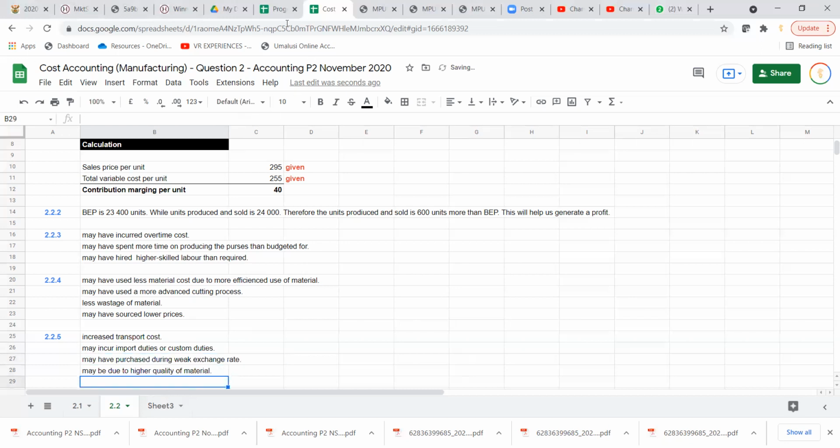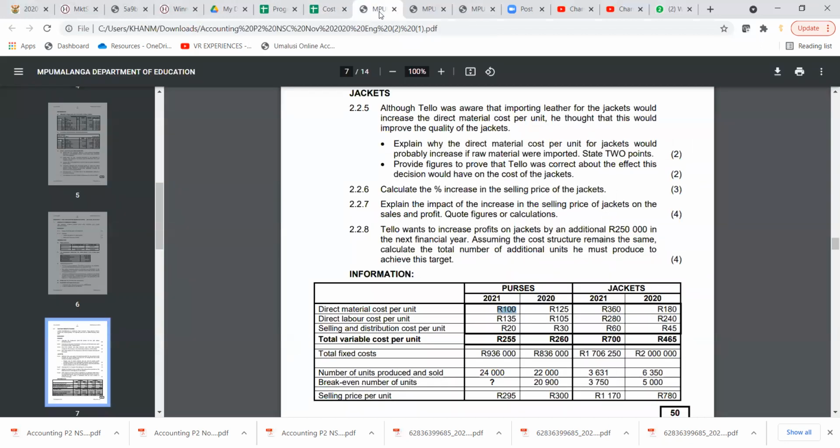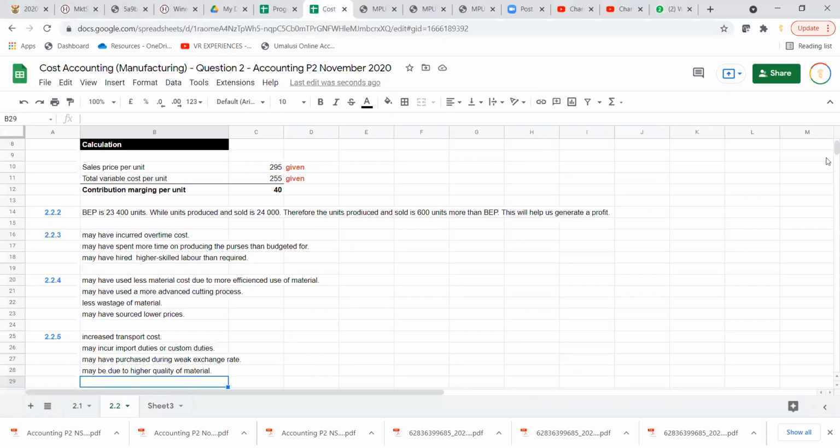Okay, so that is 2.2.5. And then another: provide figures to prove that Tallow was correct about the effect of this decision on the cost of jackets. So you can see last year it was 180, this year it was 160. Okay, so all we can say here is